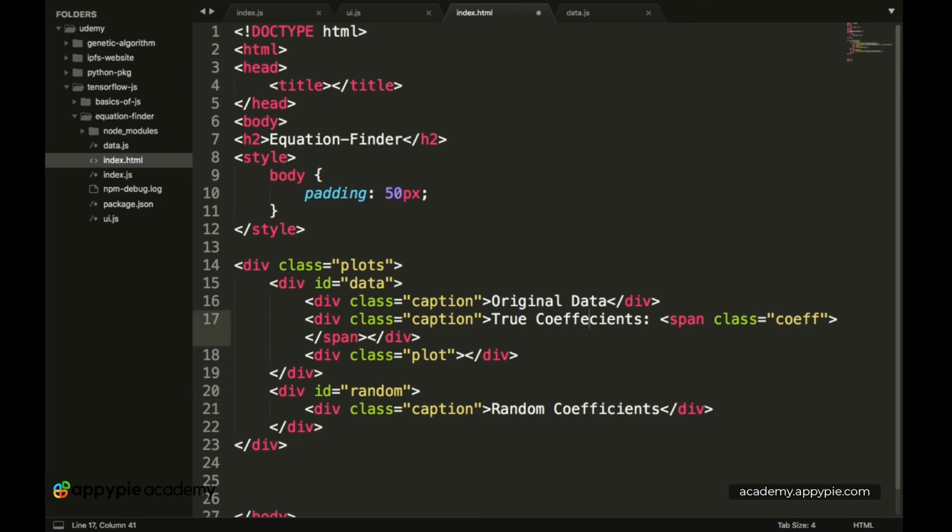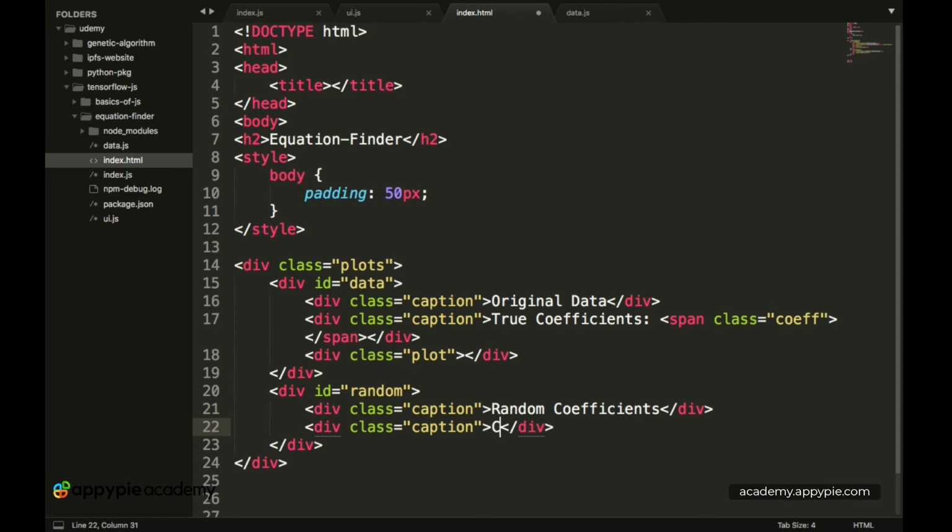Okay, so let's add another div, and this will again have the class of caption, and this will basically contain all of the coefficients.